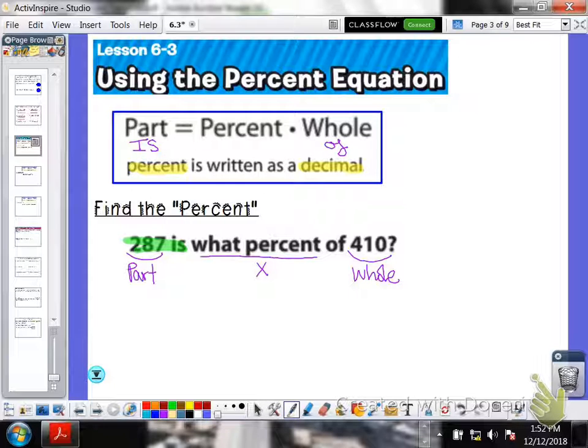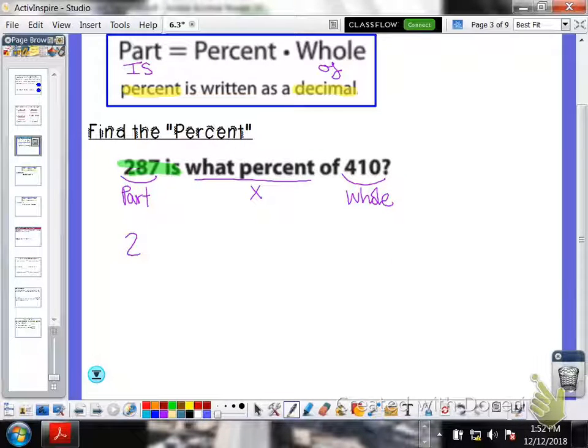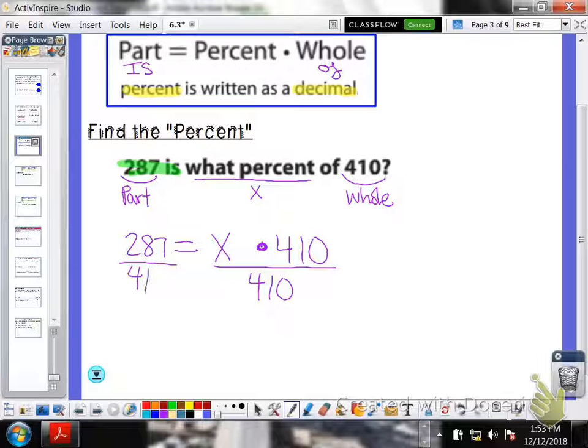So when we write our equation then, we would have 287 is, which means equals, what percent we don't know, of, times 410. And then if we have to multiply 410 by some number to get 287, what would be the opposite of multiplying? We would have to divide by 410 to get that number. So we're going to divide 287 by 410. And when we take 287 divided by 410, what we end up getting is